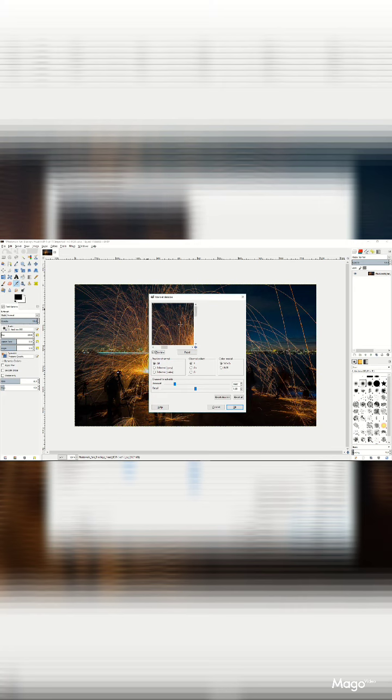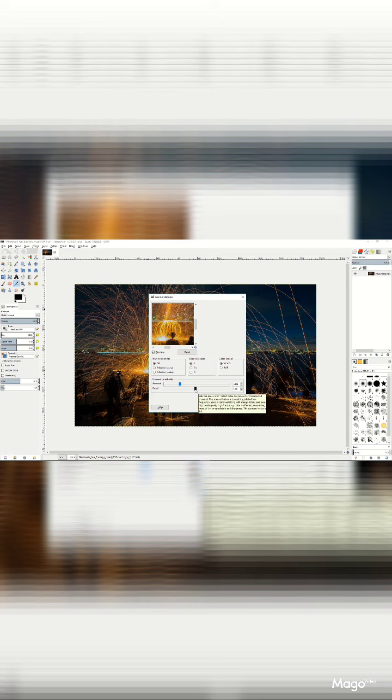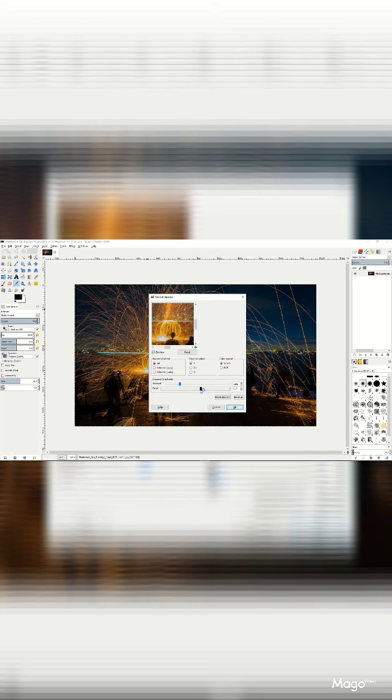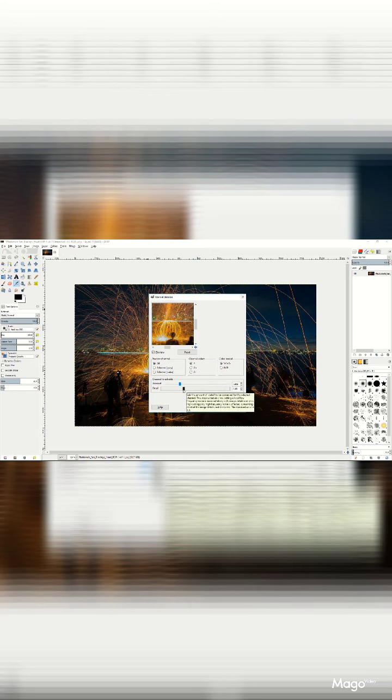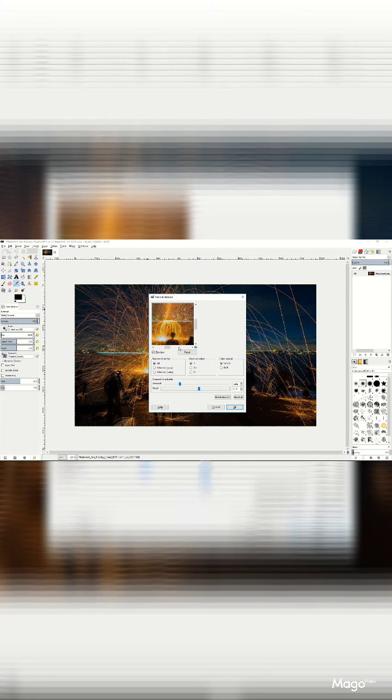When you go into it, you can see a preview of the image and the noise that will get reduced. So you can move around and find where most of the noise is coming from. And then you can go down to the thresholds and you can turn up the amount of noise being removed from the image. You can decide whether or not you want to have more or less detail left in the image. And you can also change how much detail can be conserved when you start applying the denoise filter